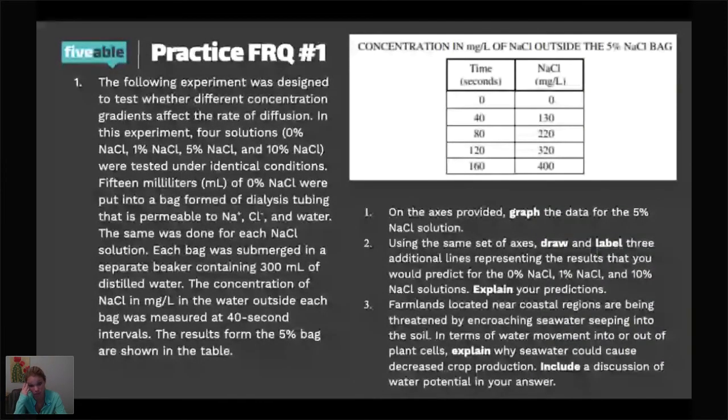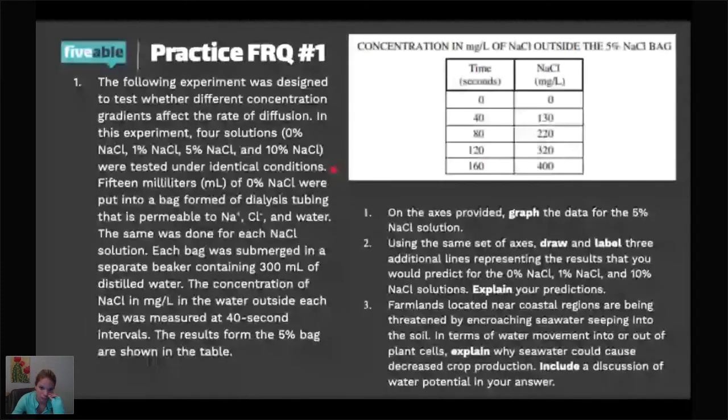That's something that is coming, but I wanted to go ahead and give you all a taste of this. Let's talk about seawater because they love to use it in AP questions because what's different about seawater? What is different about seawater? It has salt. Very good. Okay. And that salt is not going to have the same water potential, the same movement as just regular water, because that salt is a concentration in your solution.